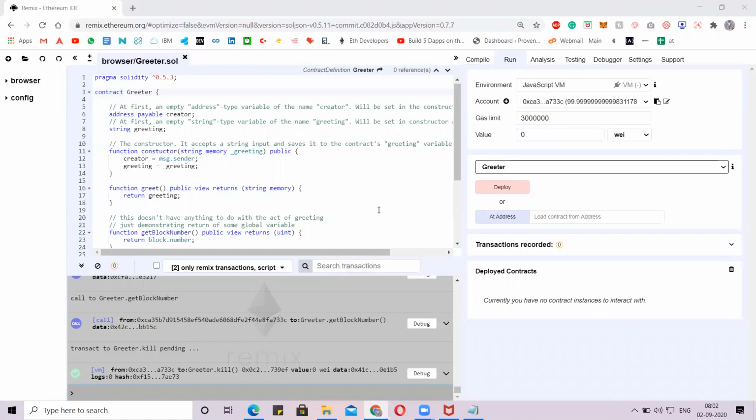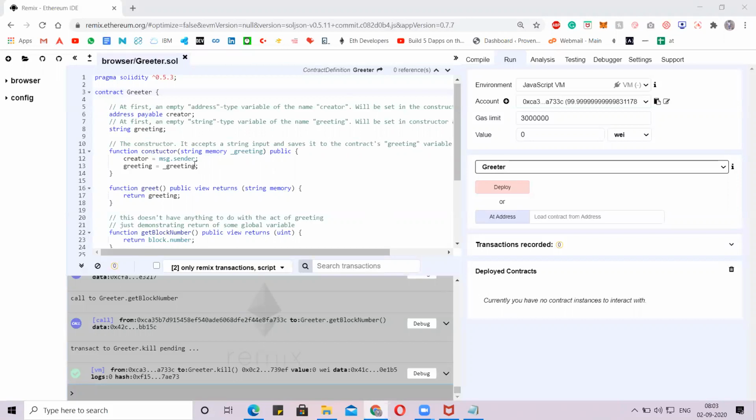Now I'll explain how we are doing those functionalities through the code. How are we telling the contract that when we enter the data, always return this data and only this data? And how are we telling the contract that when we run this function, it should kill the contract, how to self-destruct the contract? We'll see that now. Guys, be attentive now. There are some key syntaxes which come very handy to us.